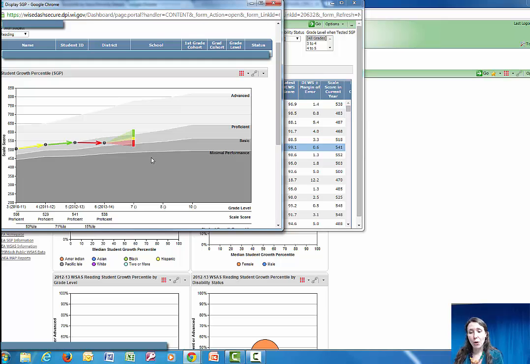Another way to measure growth, as we discussed in last month's video, is a value-added model. This model, like growth percentiles, takes into account prior performance, but unlike growth percentiles, it also controls for student variables like race, ethnicity, English learner status, disability status, and economic status. Including those student characteristics in the calculation, the measure is designed to isolate the impact of an educator, a school,